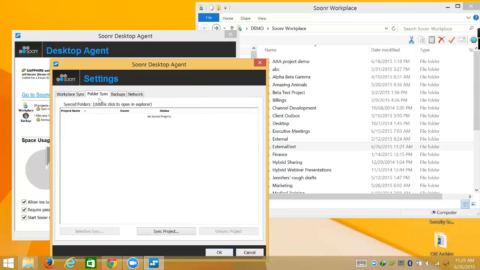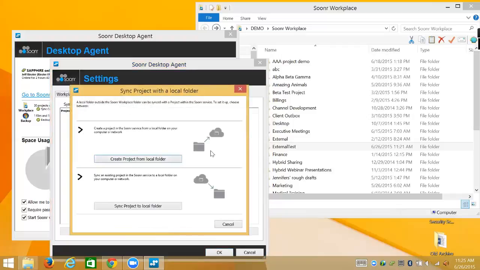Okay, next I'm going to touch on this folder sync tab. Okay, and this is a hybrid sync. It's something unique to Soonr, and we're doing a great job with this. What this is allowing is a very powerful capability that partners can deploy to clients that essentially allows you to take a local file taxonomy, something found locally on a drive, could be a file server, my documents folder, and it allows you to keep it in its natural habitat for the client, wherever that is. And what you can do is use this to bidirectionally sync